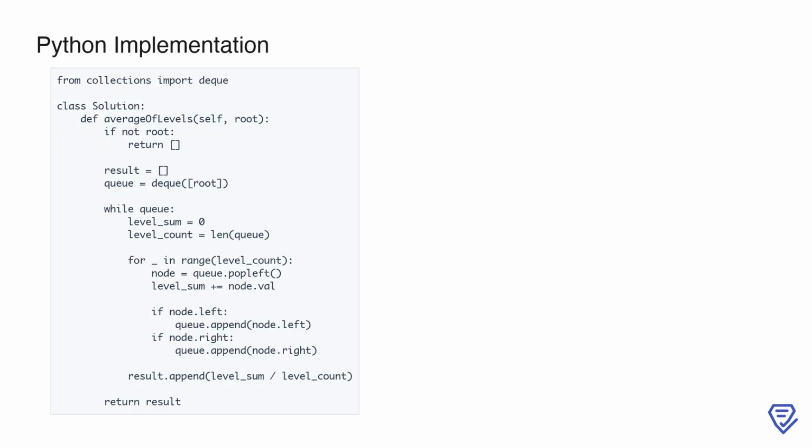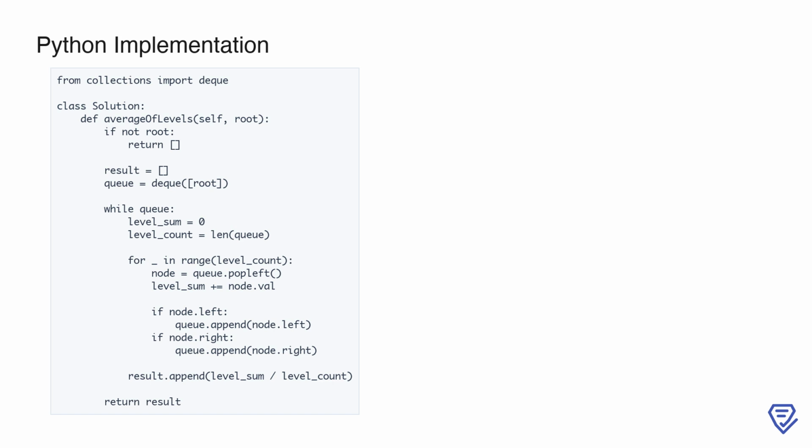The code solves the problem of calculating the average of node values at each level of a binary tree using a breadth-first search (BFS) approach. Here's how it works. 1. Imports and initialization. We import deque from the collections module to efficiently manage the queue used in BFS. The function averageOfLevels takes the root of the binary tree as input. 2. Base case. If the binary tree is empty, root is None, we return an empty list as there are